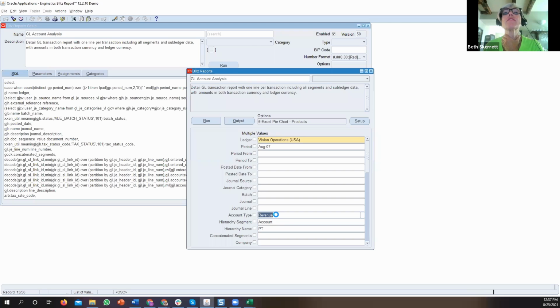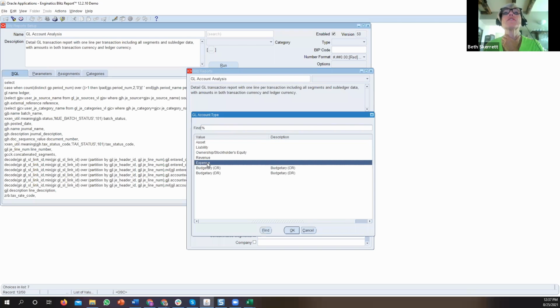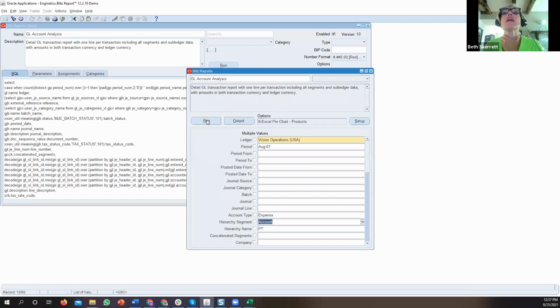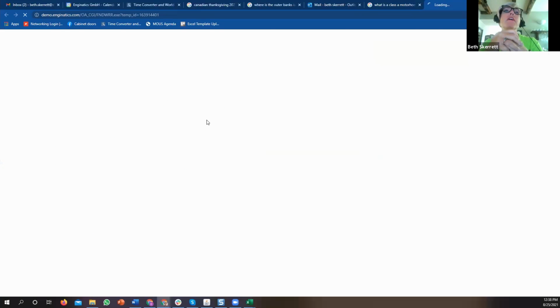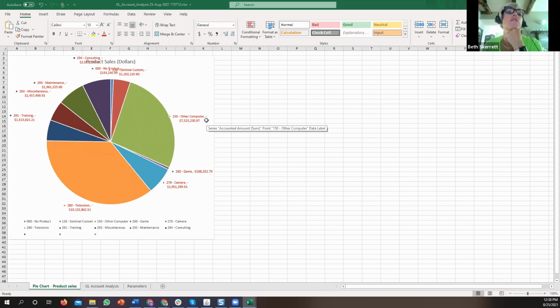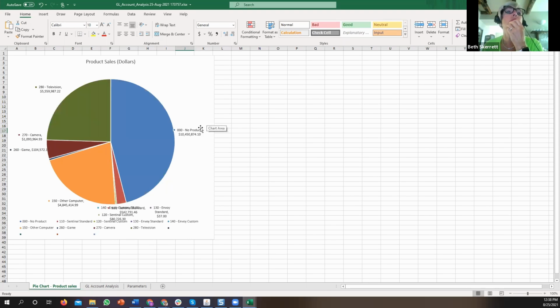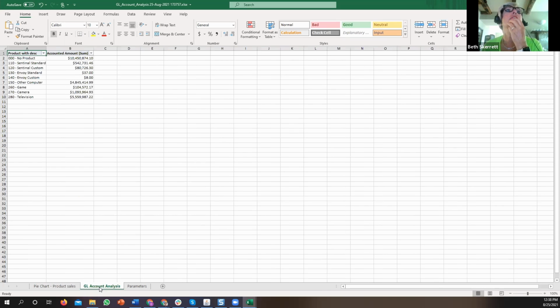So now I'm going to take it from revenue, I'm going to run it for the expenses and execute this report. Same time period, same report. It's going to refresh the data in behind that Excel template and redraw the graph to present the new information. There's the old one. Here's my new one. So now you can see that we have